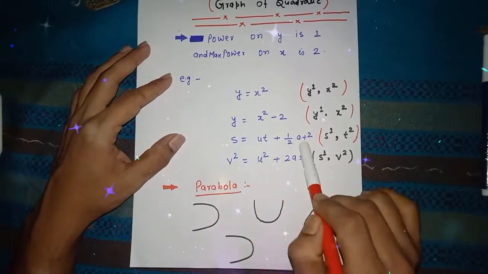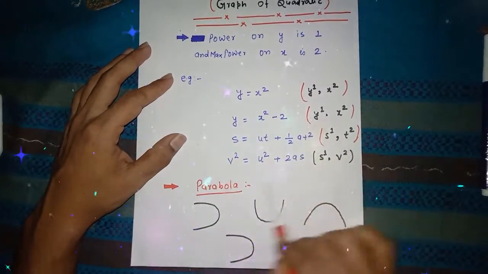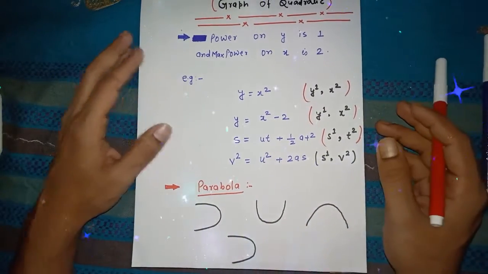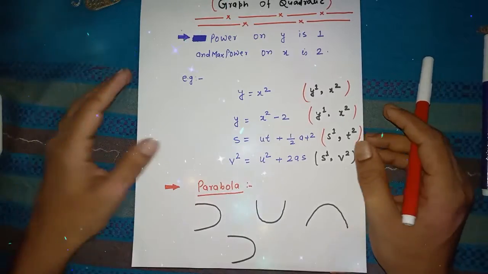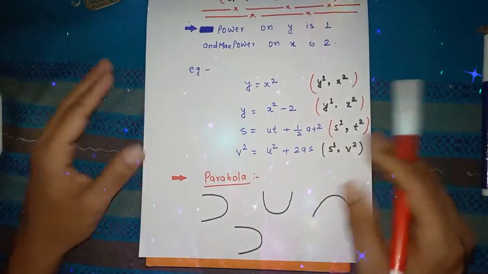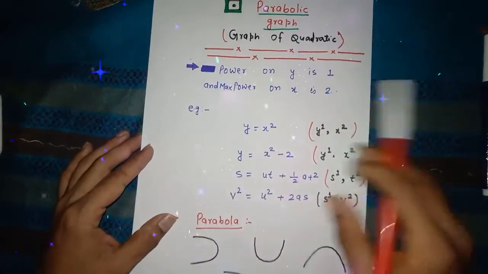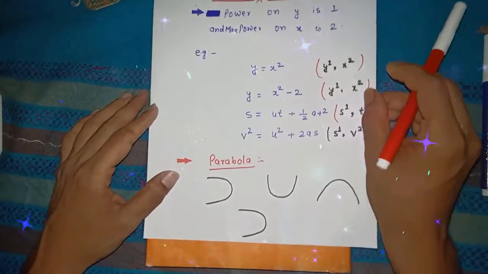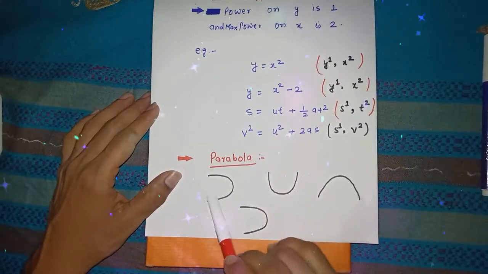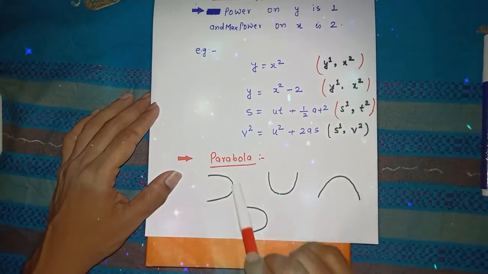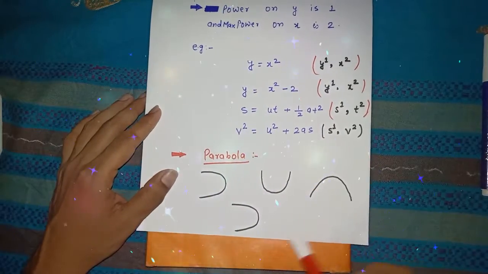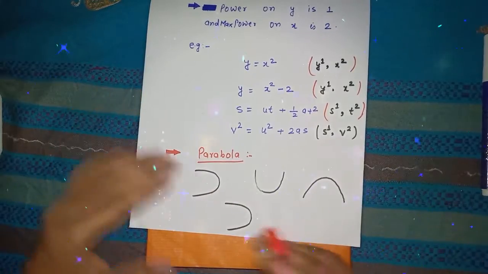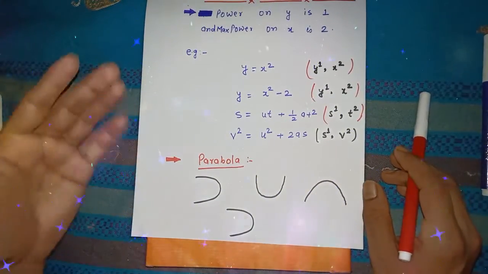Here u and a are constant. In every case here, u and a are also constant. Constant means you have to take it like a number on the graph. So in every situation, for a quadratic equation, we must find a graph like this, like this, and it may appear like this and like this. These kinds of graphs are called parabola